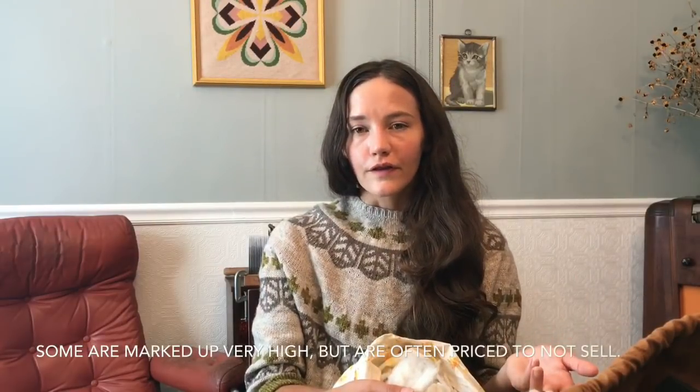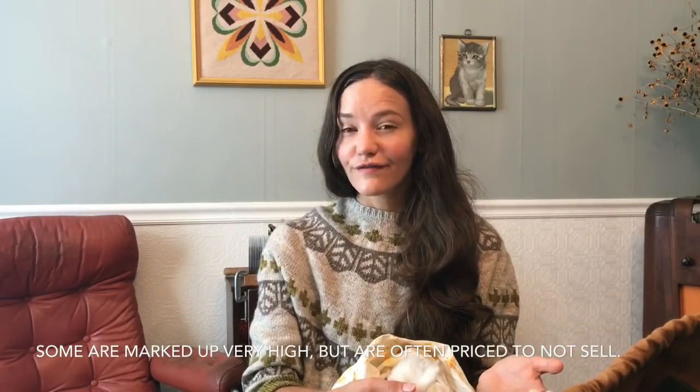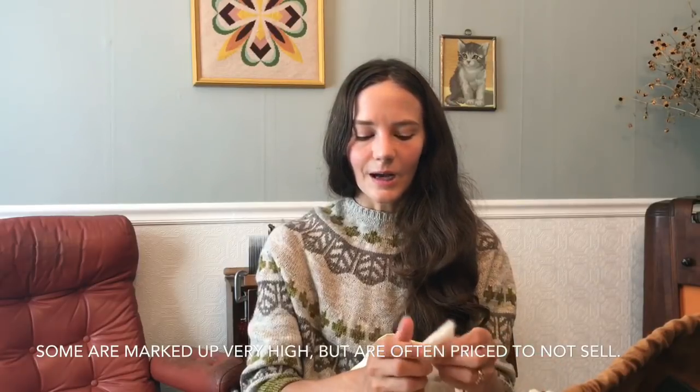And so I know there might be some of you out there that are probably worried about buying a whole fleece just to do that. They're not cheap. I mean, fleeces range from $40 or $50 to $140 or $150. This, I don't know, is maybe not even half of the weight of a fleece. It makes really good